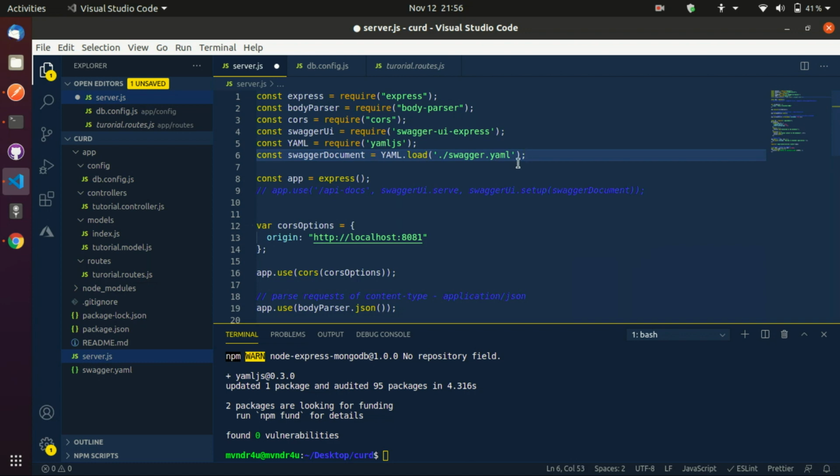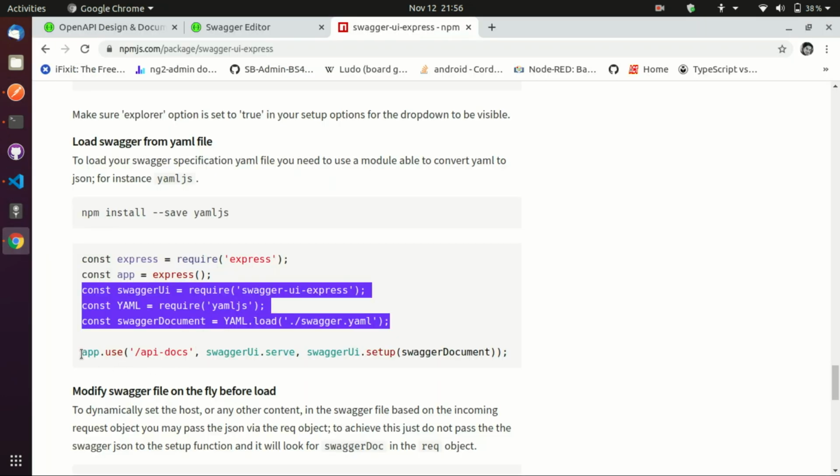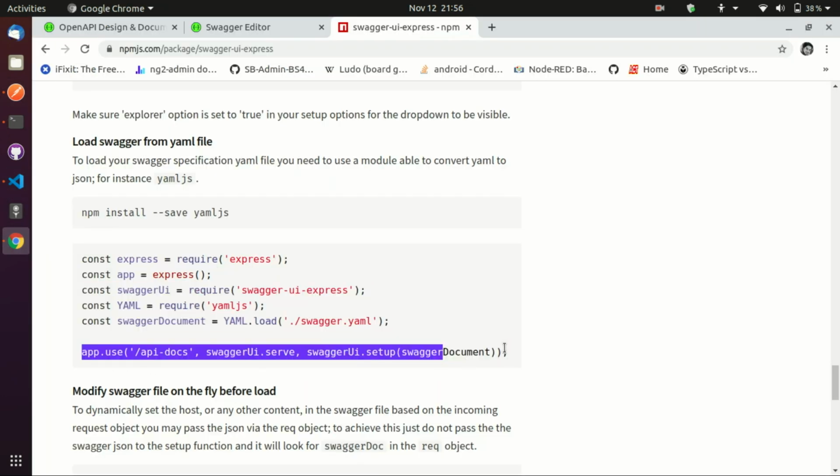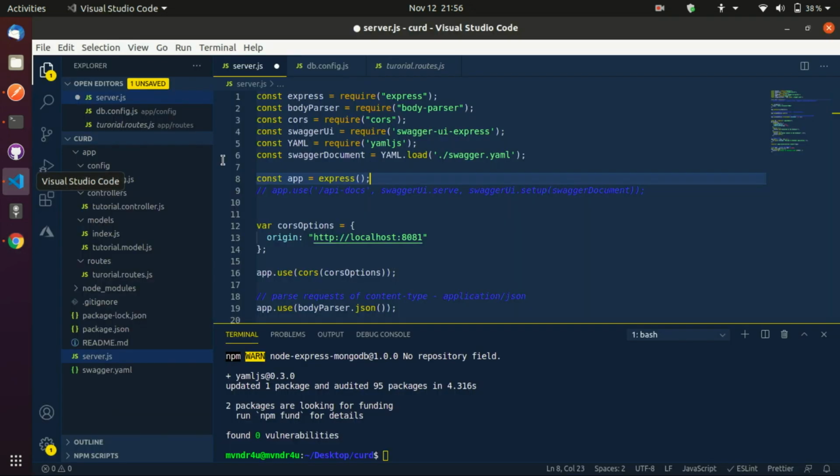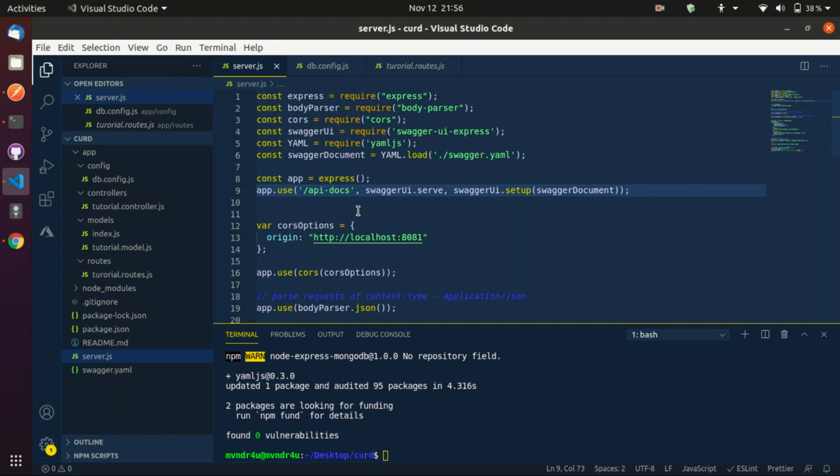So you can see the first one is swagger.ui, then the second is environment.load. The third one is just where we are integrating the file name with YML format. So swagger.yml, you can see there is a file in my system, and we are loading that particular file in our system. After that, we have to integrate that particular route with that file. So just copy and paste it,